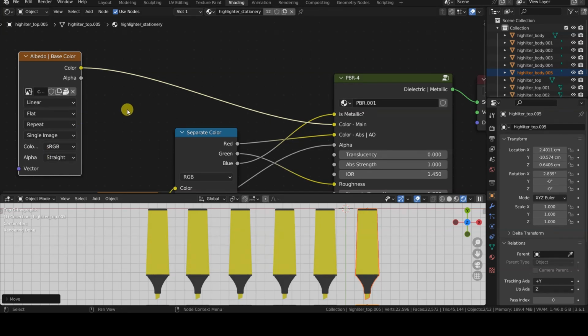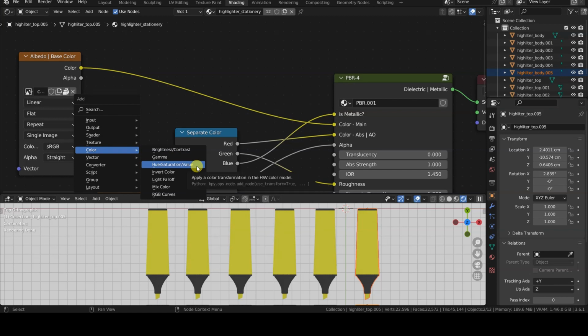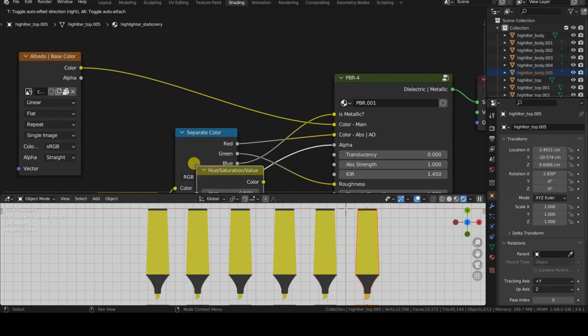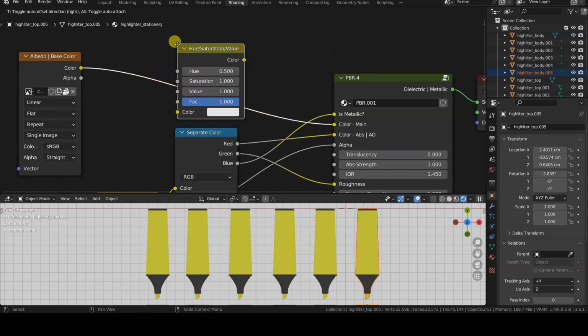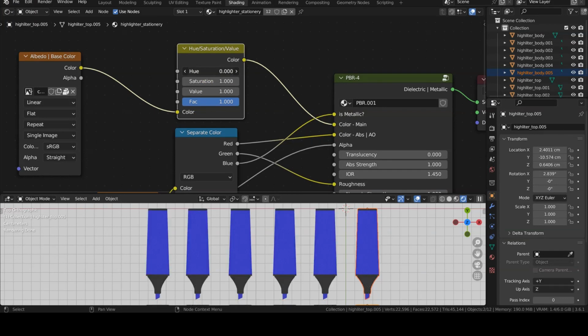In the shader editor, I add a color HSV node between the base color texture and its input to the PBR node. This node is a simple PBR node that I've used in many of my 3D models, and it can easily be replaced by the principled BSDF node. Don't be influenced by its presence here. By adjusting the value of the hue field between 0.0 and 1.0, we can change the hue of the texture, specifically in the colored areas, leaving the black parts unchanged.